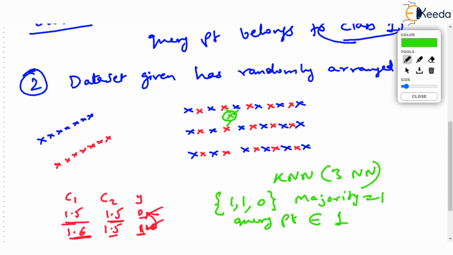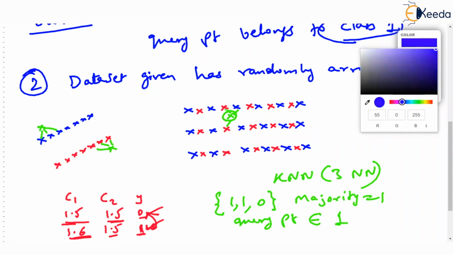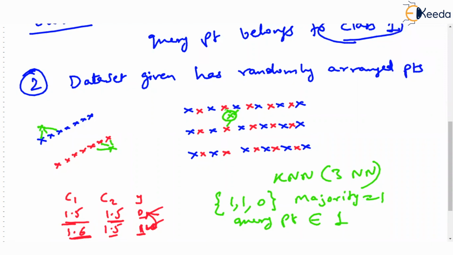Whereas if I give you a query point over here, in this case, you will say definitely it is a red point because it is nearer to many red points. And if I give you some query point here, you will say that it is definitely a blue point because it is closer to blue points. But this is so jagged that you can't really make a prediction, or you can make a prediction, but you can't trust that prediction. So these are the two major cases where KNN fails. These are the failure cases.